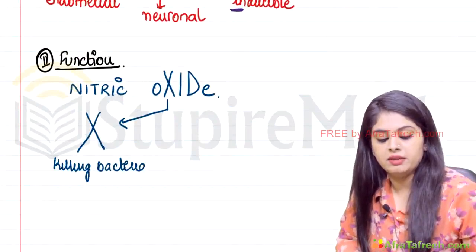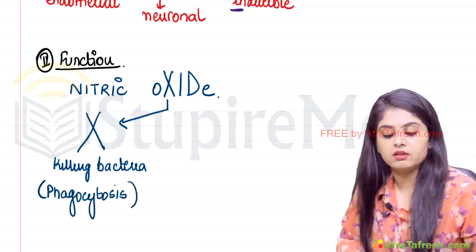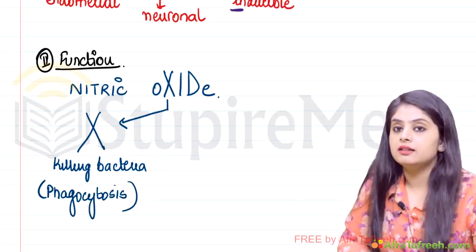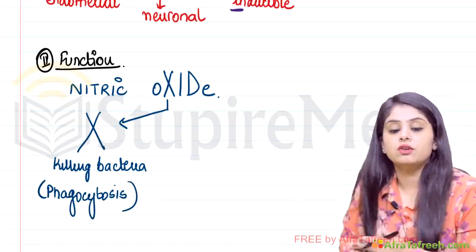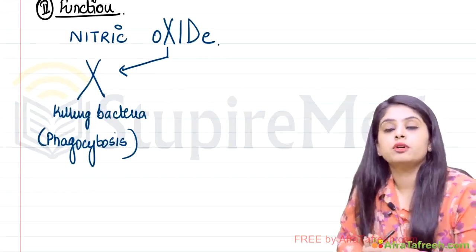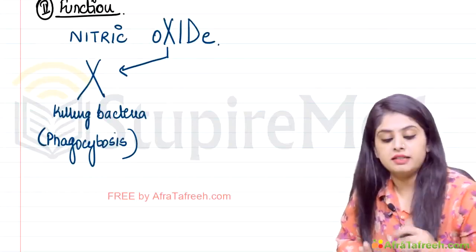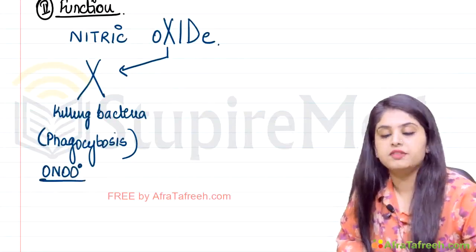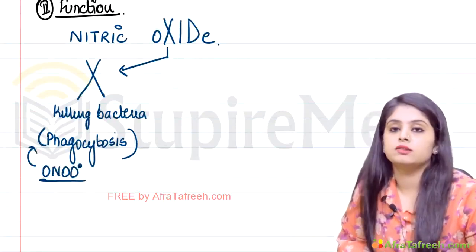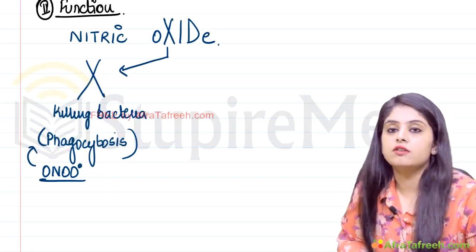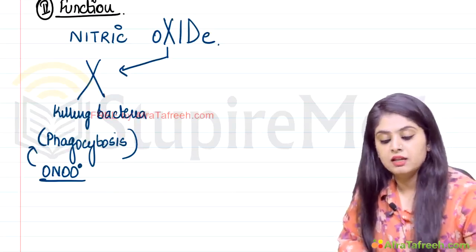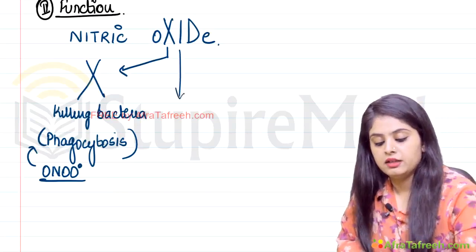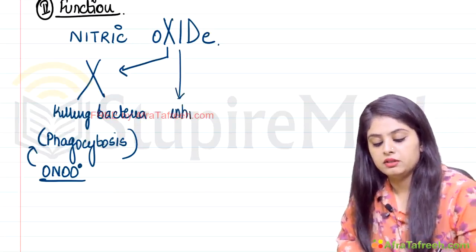So it is going to help in killing, or you can say it is going to help in phagocytosis. We've already done this. Nitric oxide in the presence of superoxide forms peroxynitrite. This is going to cause killing in phagocytosis. We've discussed this under a discussion of phagocytosis. What is with I? It is going to inhibit